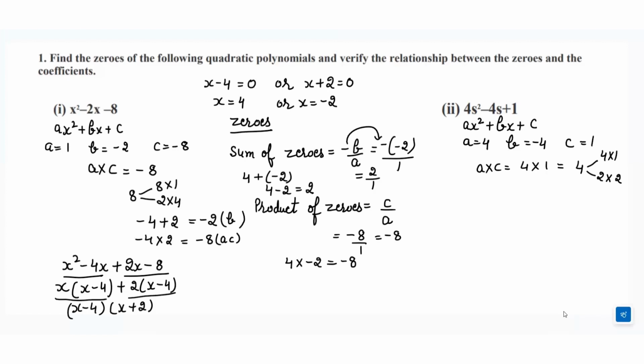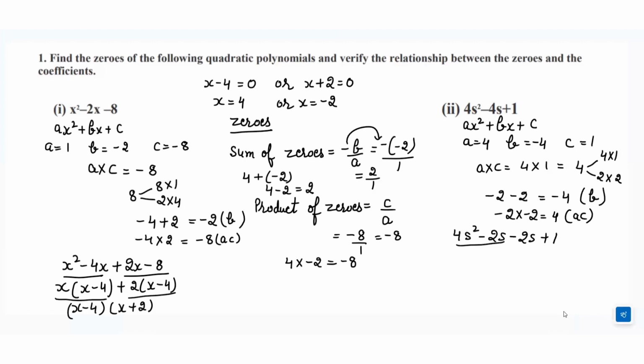Now which factor will I consider here? I will take minus 2 minus 2, because when I add minus 2 and minus 2, it gives me minus 4, which is the value for b. And when I multiply these two, I get 4, which is the value of AC. So we can write this equation as 4s squared minus 2s